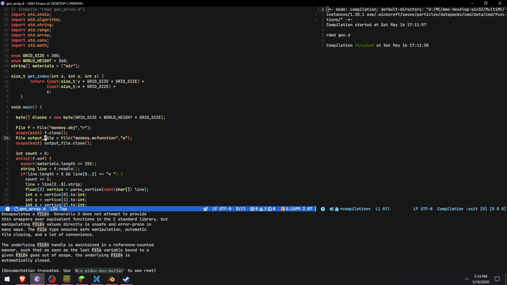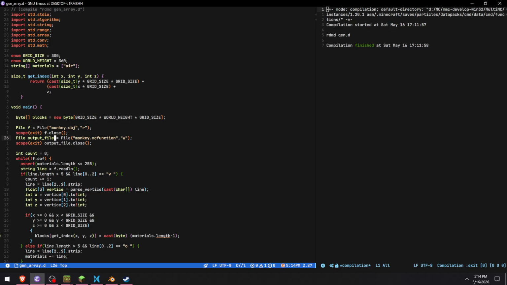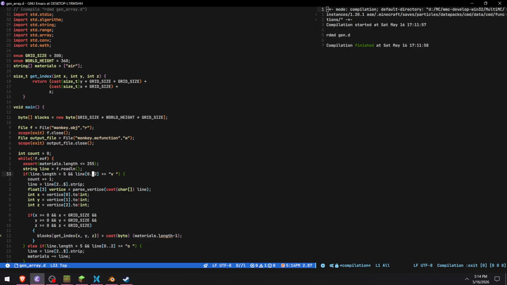And I'm opening the monkey obj. We're outputting to monkey obj. So in this case, we have our output file. I didn't show that before. We're writing to it. So we're just opening it and then we're closing it at the end of the scope. We're reading it line by line. If the line starts with v space, then all we're going to do is